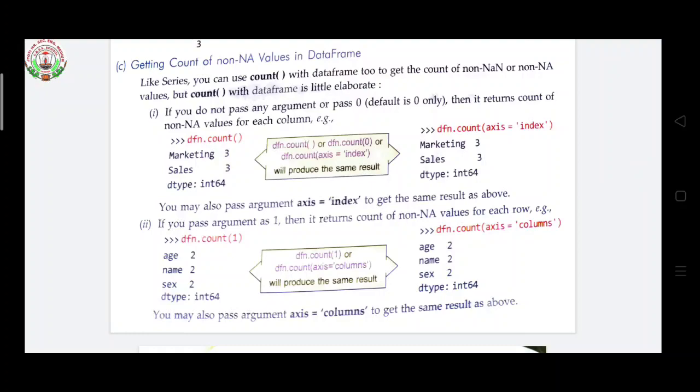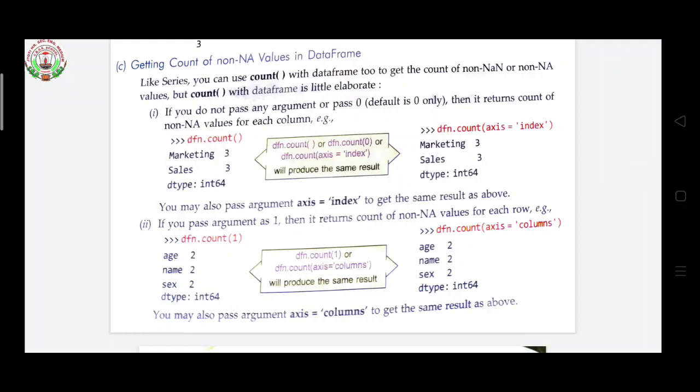So see both side examples, right and left. dfn dot count with axis equals index, the record is the same, and dfn dot count with only the bracket, the record is the same.